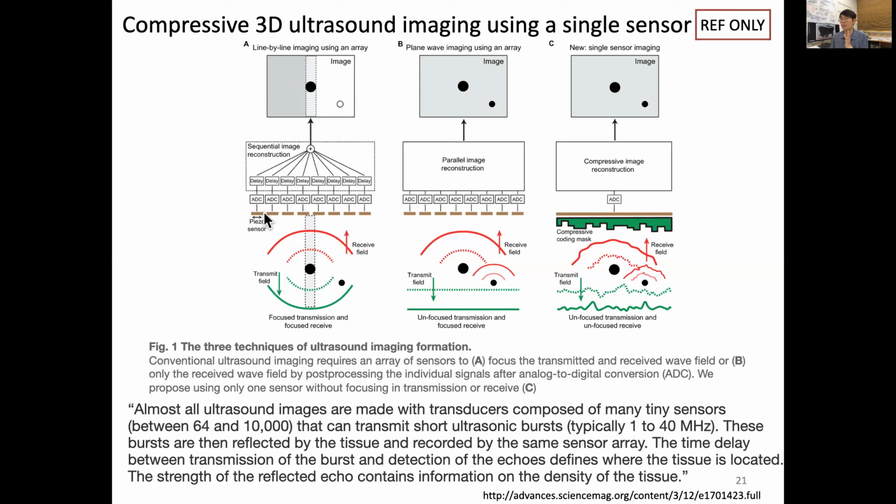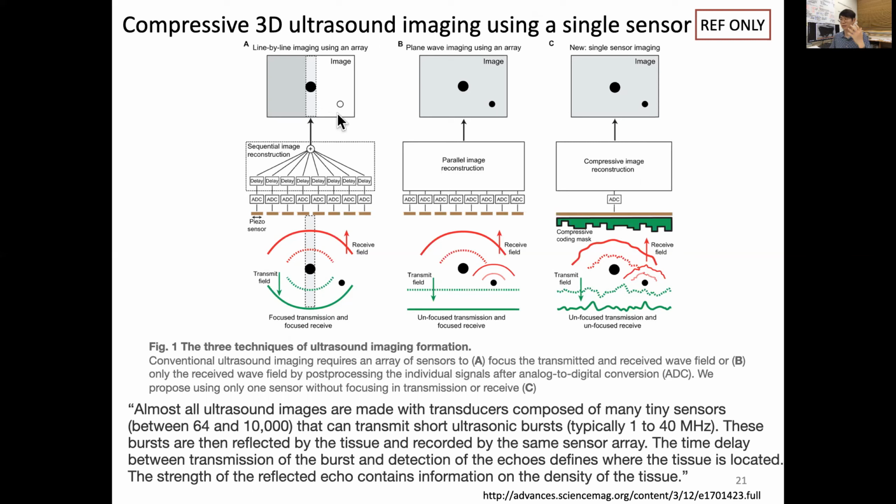We have multiple transducers and AD converters, assigned with a delay so that we can do line-by-line imaging using an array. The ultrasound gives a sound that is transmitted as a field, and the receptive field will be exactly the mirror image. Those receptive fields will be detected by the multiple ultrasonic transducers, and we can create the